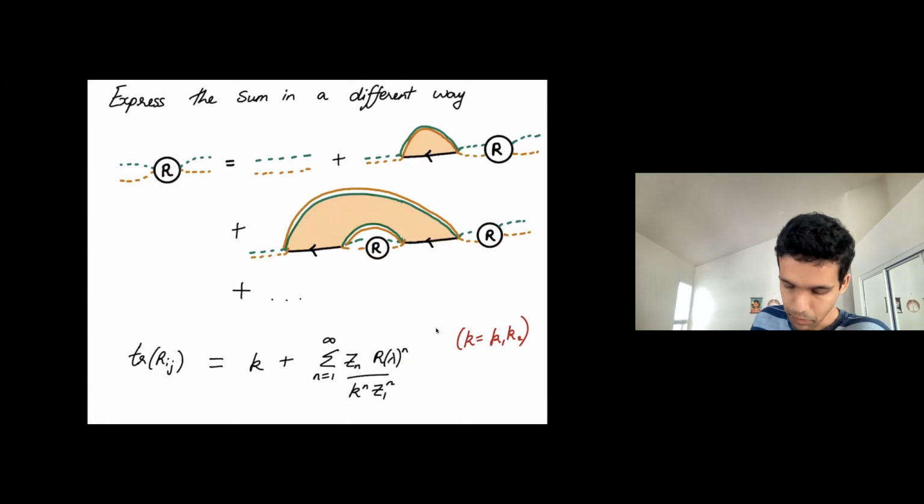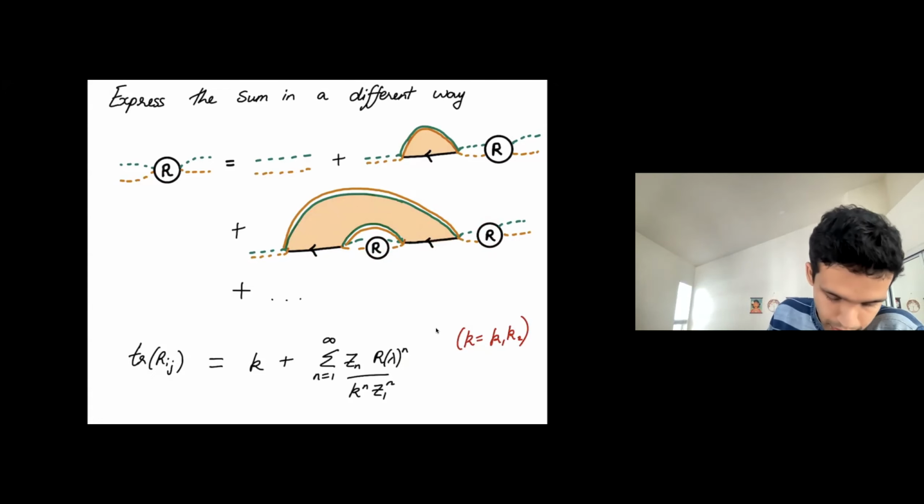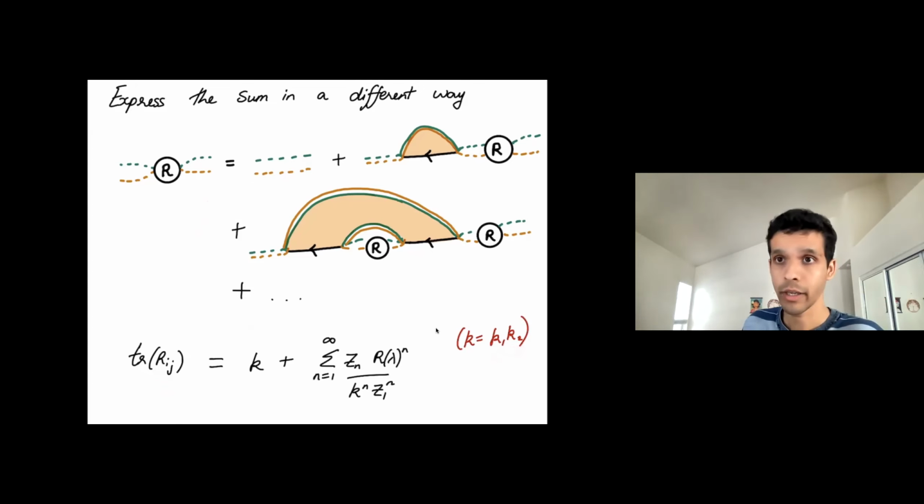This sum is quite simple. And once we consider the trace of R_ij, which we define to be this R, then from the delta_ij term, we just get a factor of K, which is just the product K1 and K2. And there's a sum over n, which here signifies the number of asymptotic boundaries of the first connected component with Z_n. And then there are powers of R. So these powers of R show up there. So you get some simple sum. And then by using